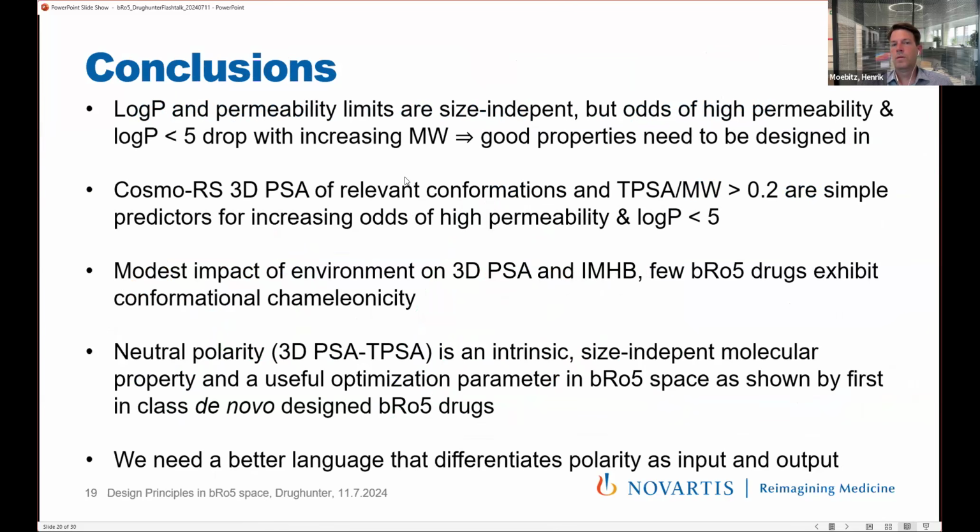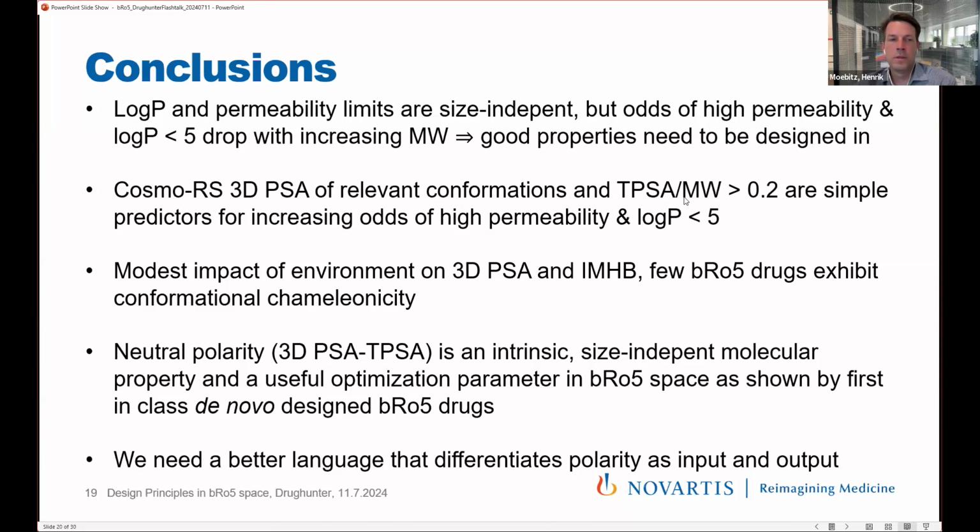So there are no new rules in beyond rule of 5 space. It's the same physics. So logP and permeability are really size independent, or the limits thereof. But the odds of achieving high permeability and low lipophilicity drop dramatically with increasing molecular weight. And this means that you have two options. You can either live with high lipophilicity and call for formulation to save the day, or you need to design in good properties carefully by, for instance, using